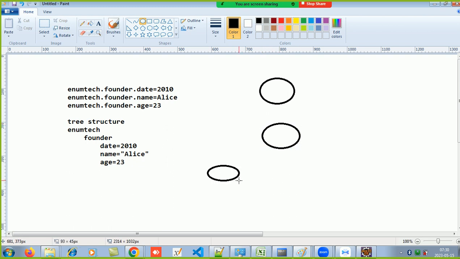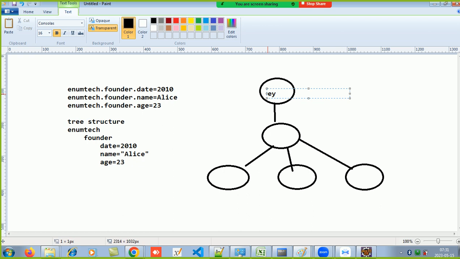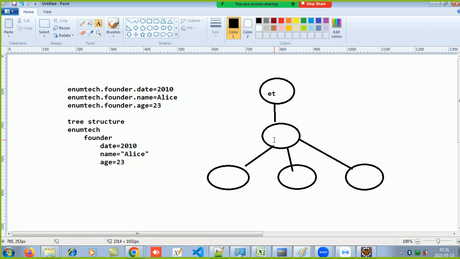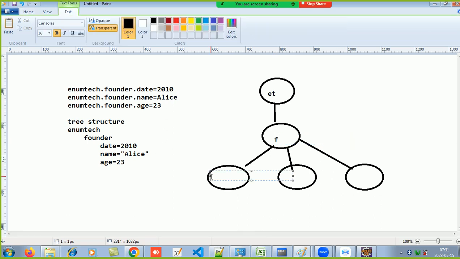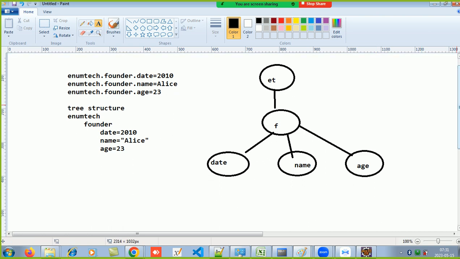अब फाउंडर के तीन एट्रीब्यूट्स है ना। अब वो कौन से जगह जाके ज्वाइन होता है वो अपने को देखना है। ये इनमटेक हो गया, ये फाउंडर हो गया, और फिर ये डेट, नेम और एज, ठीक है। अब अगर मुझे डालना है इनमटेक डॉट